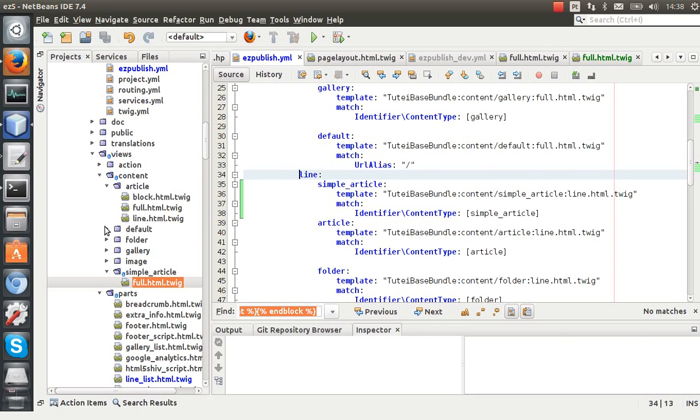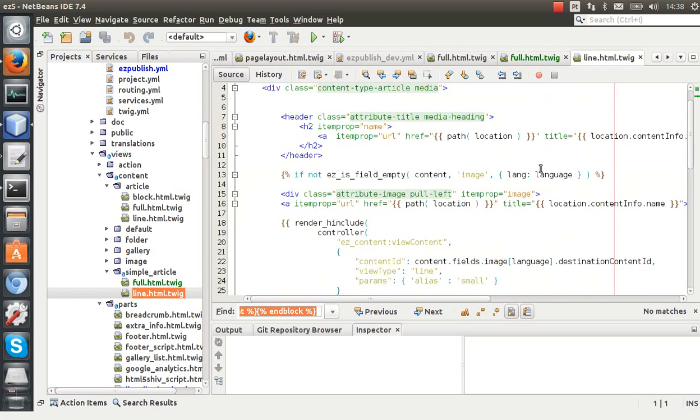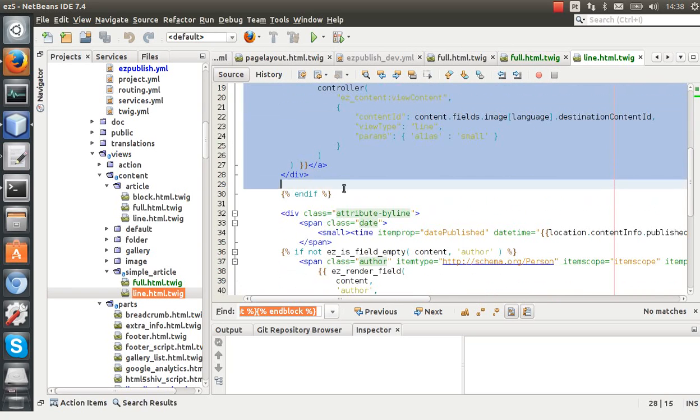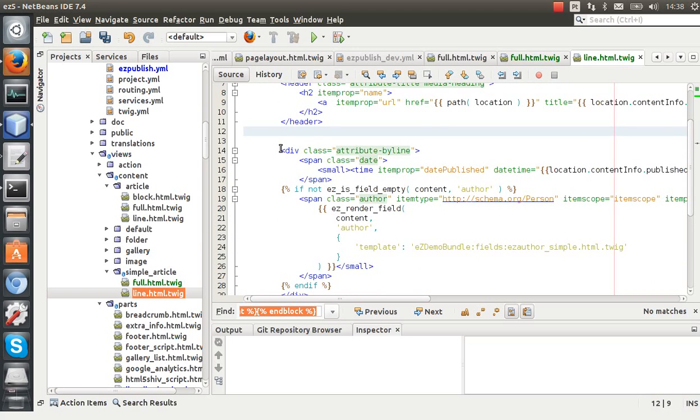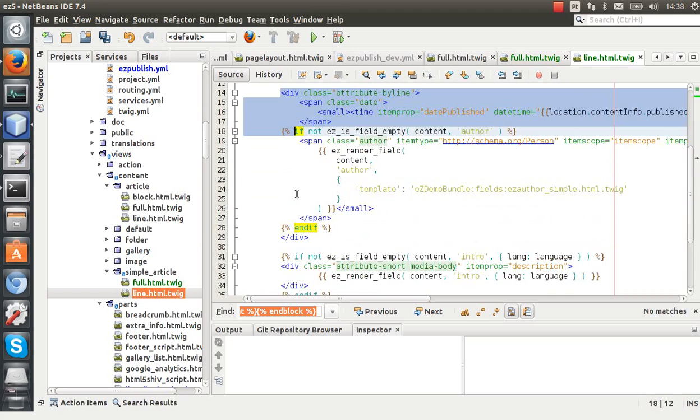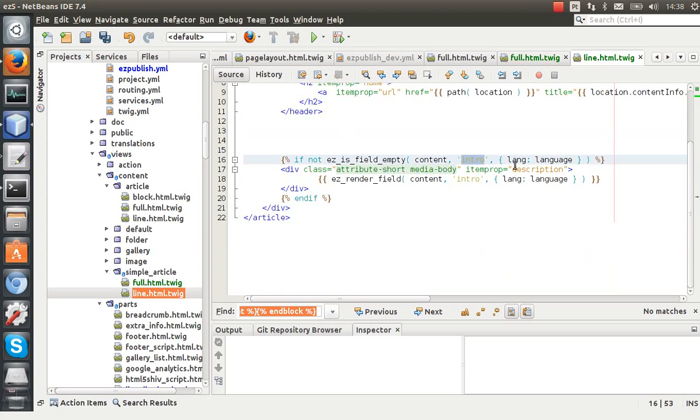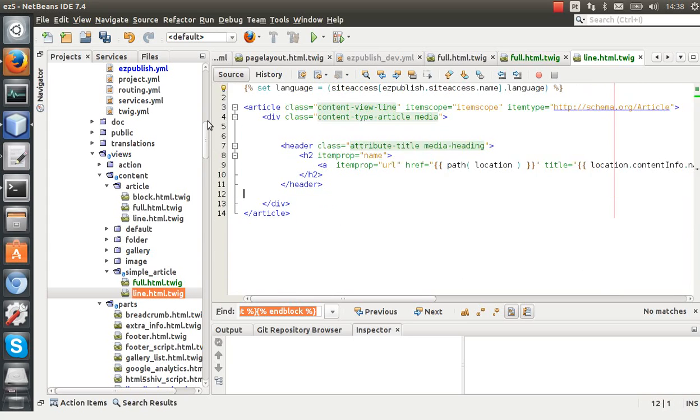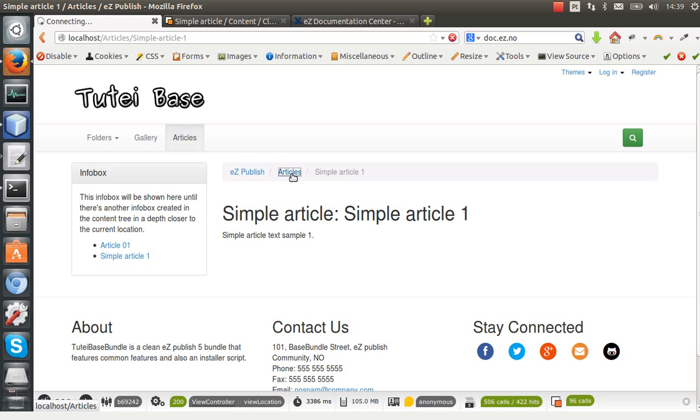Let's first go here in this article, and I'll just copy the line, and here I'll change some stuff. I'll change this, and I'll just show the title. I do not want to show anything more, but I'll put a string here, simple article, just to make sure we are using this template. If we go to the folder, this article folder,